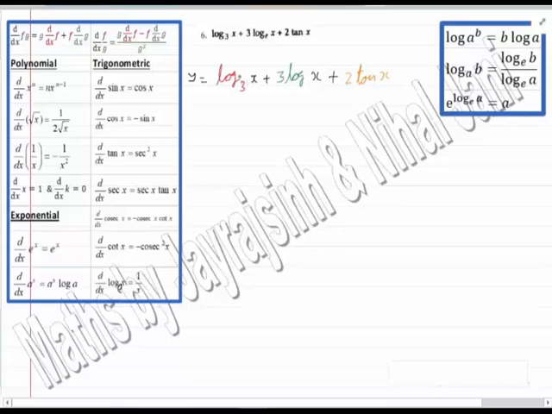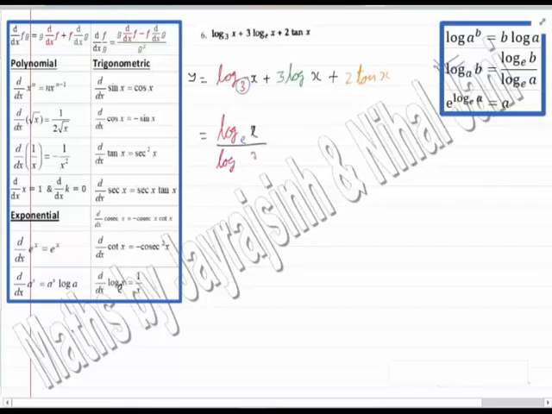So we should change the base, and for that we have the formula, the second property of the log, shown in here. We can split log b base a as log b base e upon log a base e. So our first term can be written as log x base e upon